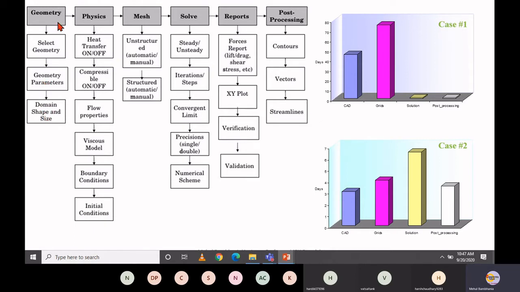you have to go with the physics. That means you have to identify and specify the physics of the problem. That means whether your problem involves heat transfer or fluid mechanics, whether it involves any kind of heat transfer phenomena, whether it is a fluid flow problem, or whether it is a low speed or high speed problem. Once you